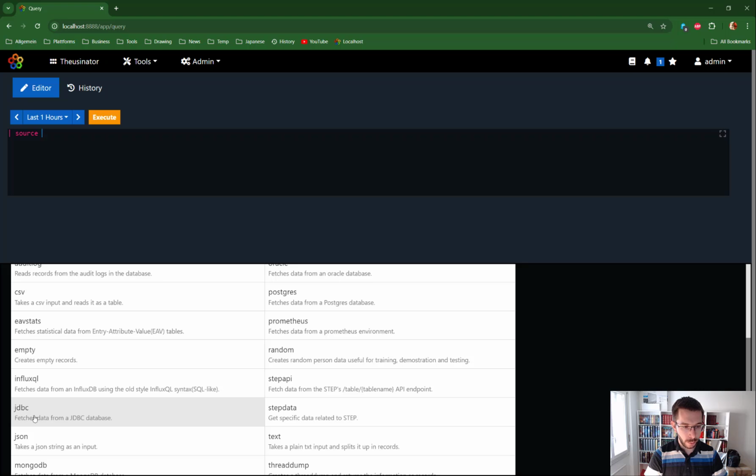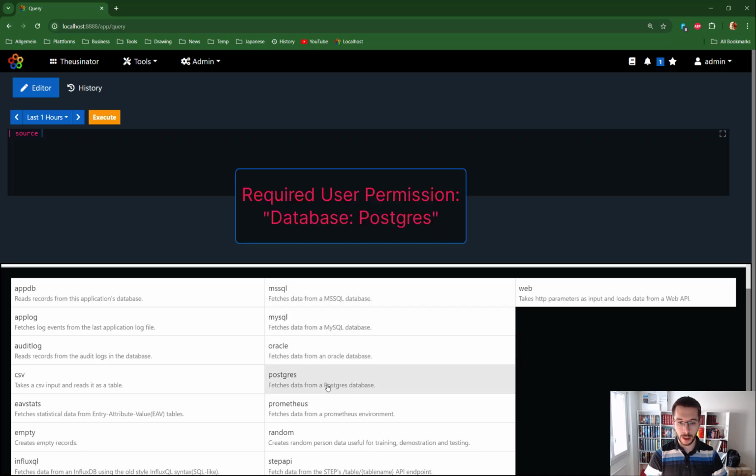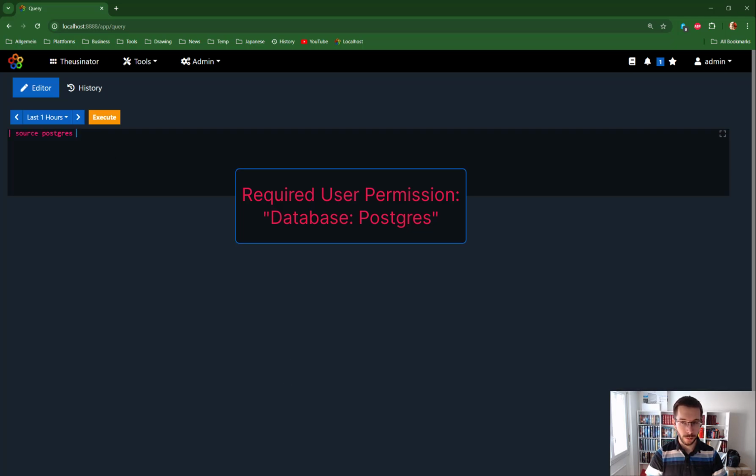This one is a little bit special because, depending on the database that you want to connect to, you also have to copy the drivers and so on. So what I will show you today is basically for these four here, and for the purpose of this tutorial I will use Postgres